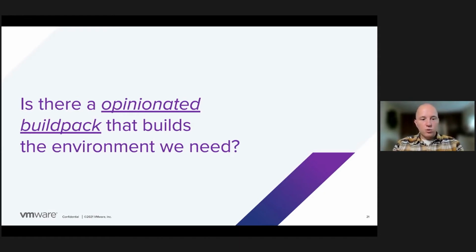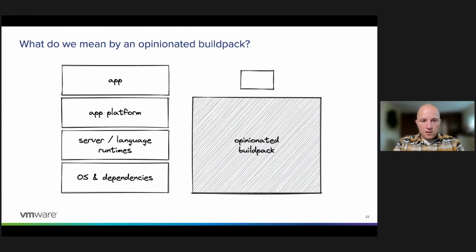That leaves us to our first big question, this big fork in the road. We want to know, is there an opinionated buildpack that builds the environment that we need? If we remember when we looked at the VM, we need that Apache, we need Perl, we need mod_perl, things like that to be able to run our application bits. So it might be worth pausing and wondering, what do we mean when we say an opinionated